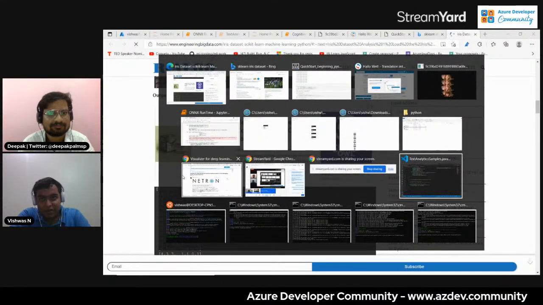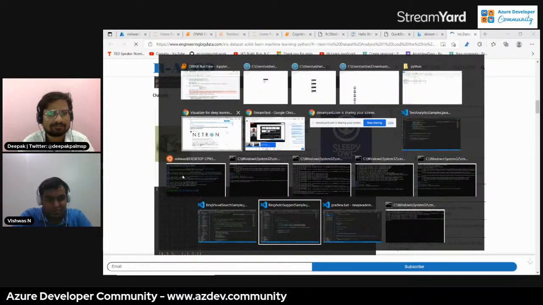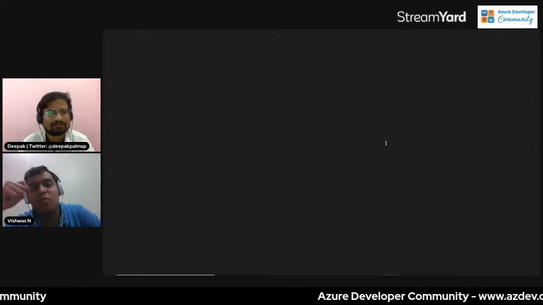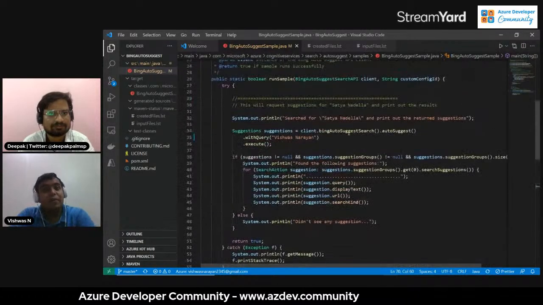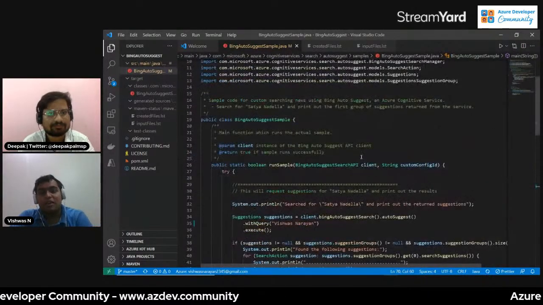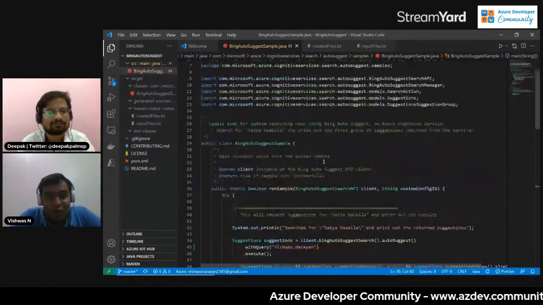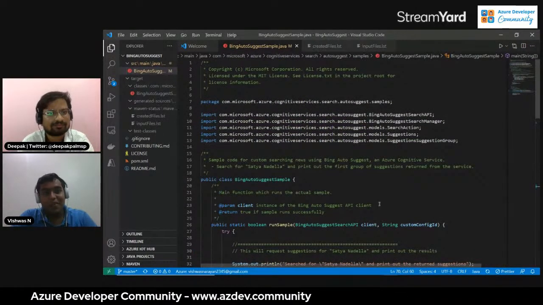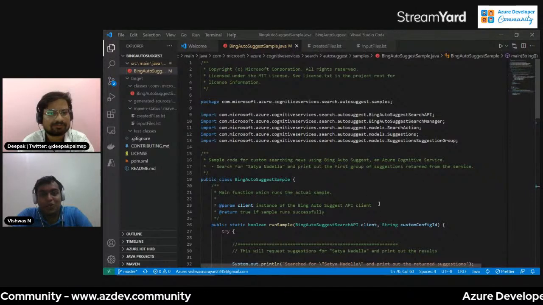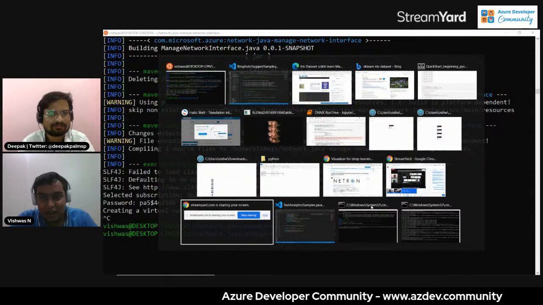So wait, text analytics is fine. All right, there was text analytics, but let's not do that. I'll be showing you this auto suggest demo, where it's basically taking Satya Nadella, and it's making sure that you are analyzing some of the other aspects that are coming up. So I have a different instance here, and it's all running. And you know what? It doesn't have a relation here. So now there's no chance that it can give an auto suggest of, okay, this is where Satya Nadella and Vishwas are related, right? So what I can do is I'll run this program,